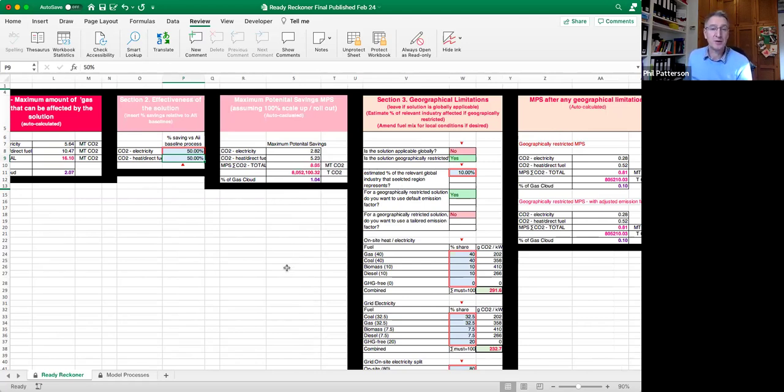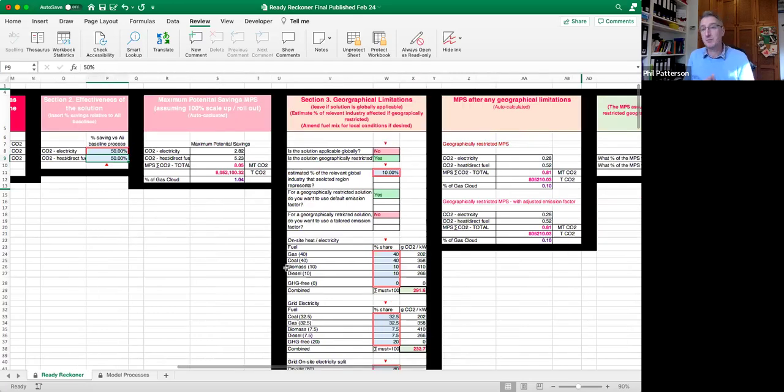Now, of course, this one is geographically applicable because if it's a dye, it's not going to be only available in country A, B, or C. It will be globally applicable. So we need to reset this. You won't have to do this, hopefully, because yours will already be preset on no geographical restrictions. So we can just cross-check here that 1.04% of the gas cloud and 1.04 of the gas cloud here,